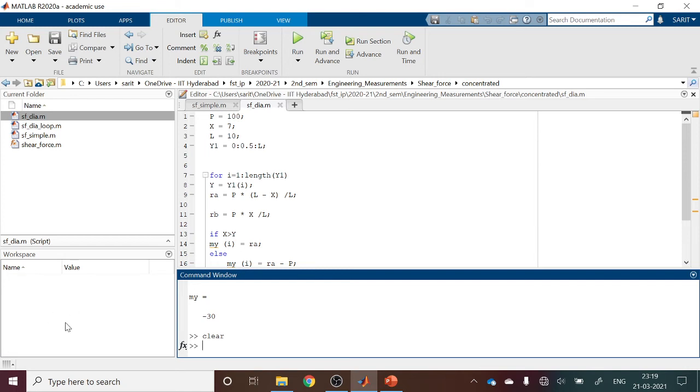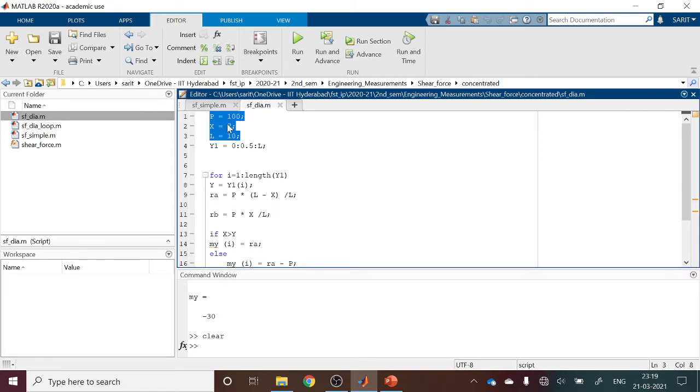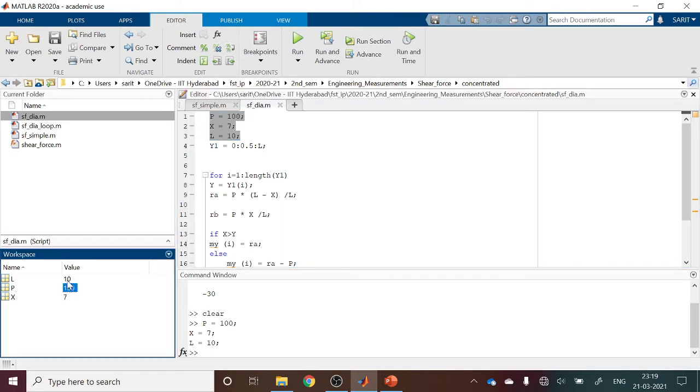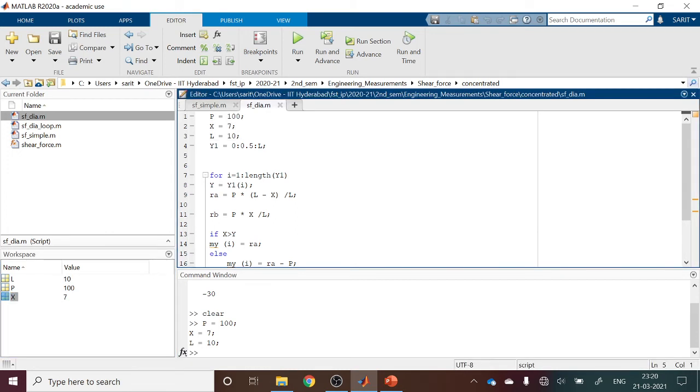So now you see all the workspace is cleared. If we execute the first few lines, you will see what P is. P is nothing but the force, right? Total concentrated force acting, which is P equal to 100. Now we have L, the total length of the beam, and X, where the load is acting. So now where is our section? As I mentioned, our section has to be moved from left to right, right? So there will be multiple